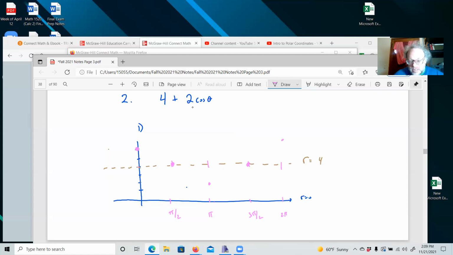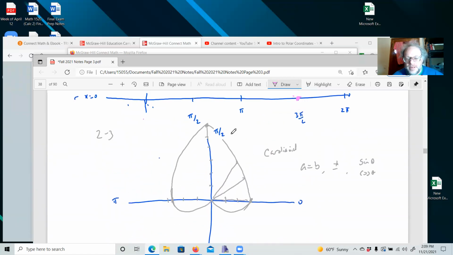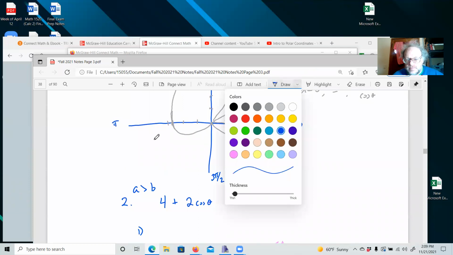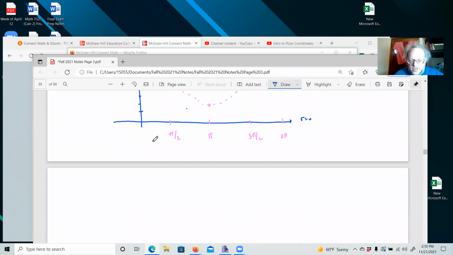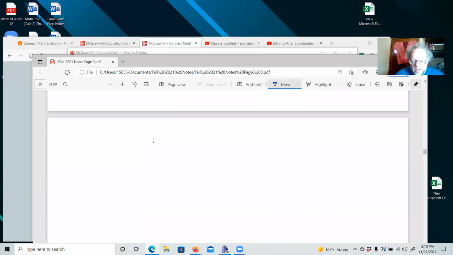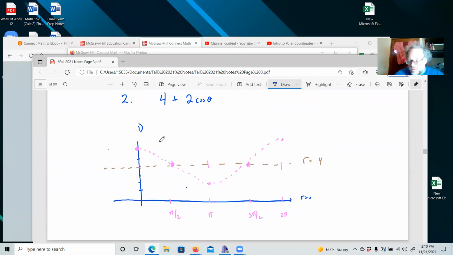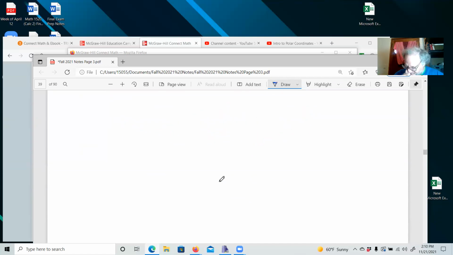Okay, so we're just going to dot in our cosine here. All right, pretend that looks like a cosine curve. I know it's a little weak. All right, so we're going to go down here. Okay, and what's my maximum? My maximum was 6. My minimum was 2. Okay, so we're going to need at least a 6 sort of a length here. Okay, we're going to have to go from positive 6. I know that the last one was 2, so I could probably get away with picking a slightly shorter value